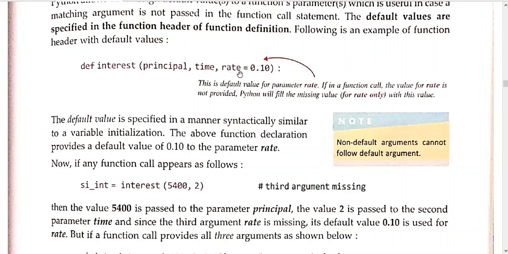But if rate does not have any default value, and you are supplying 2 to the time variable, then there is a problem, because on the right side rate is sitting without a default value. So if you want principal to have the default value, either make it the third variable and then give the default value, or give default values to time and rate as well, then it is valid for principal to have the default value.